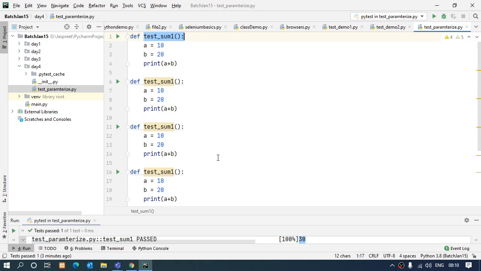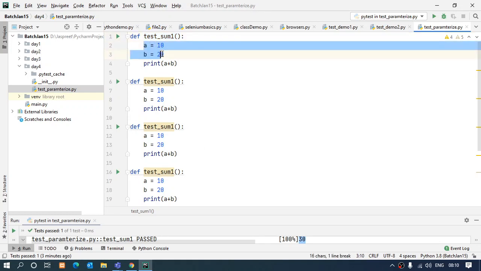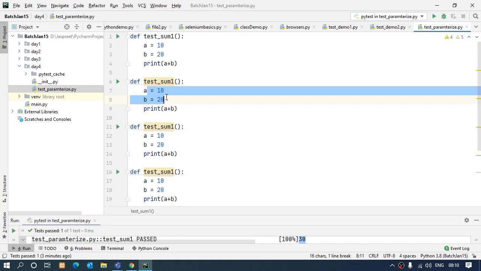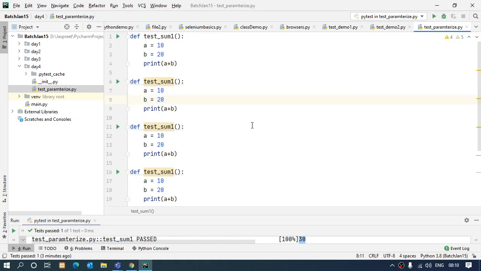Right. So, just to avoid this, sometimes we have test cases and we need to run them on different browsers. At that time, what can we do? We cannot write the same test case and change the browser name. So instead of writing it like this, we parameterize the test case with the values I want to change. Right now my requirement is that I want to change these two values only to get different outputs. In real test cases, I would maybe change the browser name, so that I will parameterize. How to do that? Let's see that now.